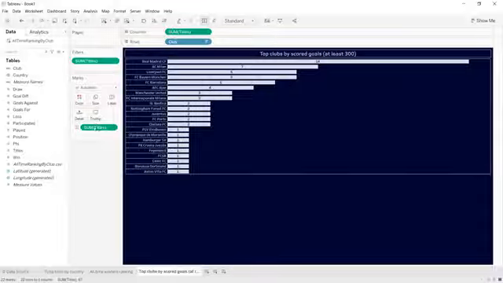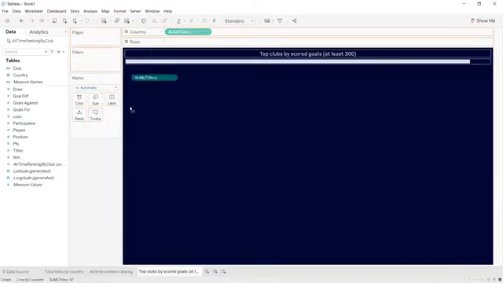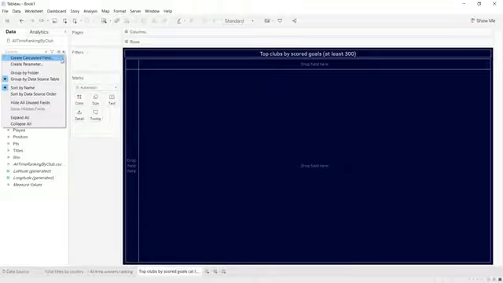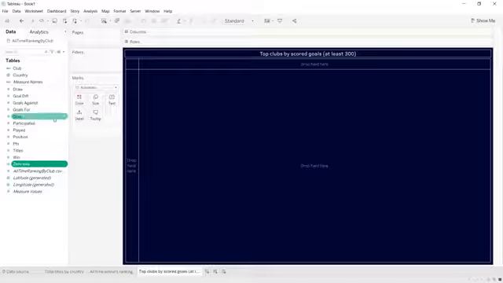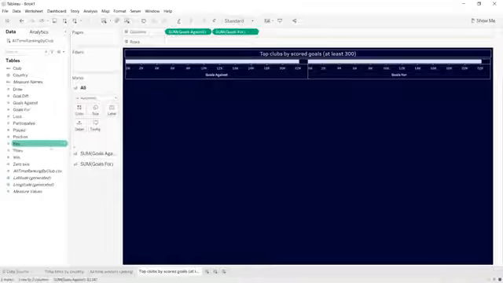Okay, so remove everything. We're going to create calculated field, name it 0 axis, and it will have 0. Apply. Okay, so drag and drop goals against the columns, then goals 4 on the right, the 0 axis in between them,